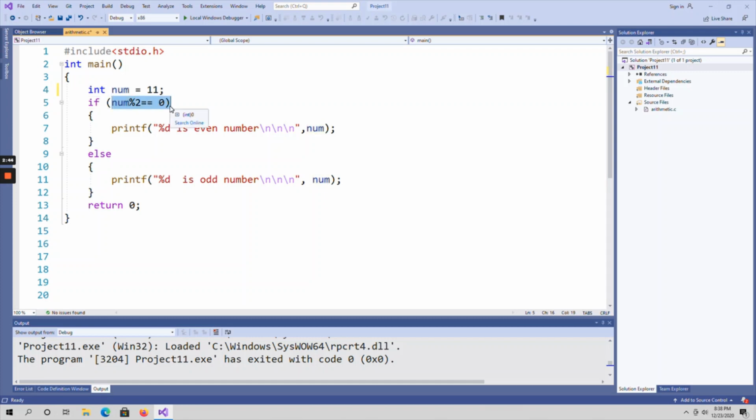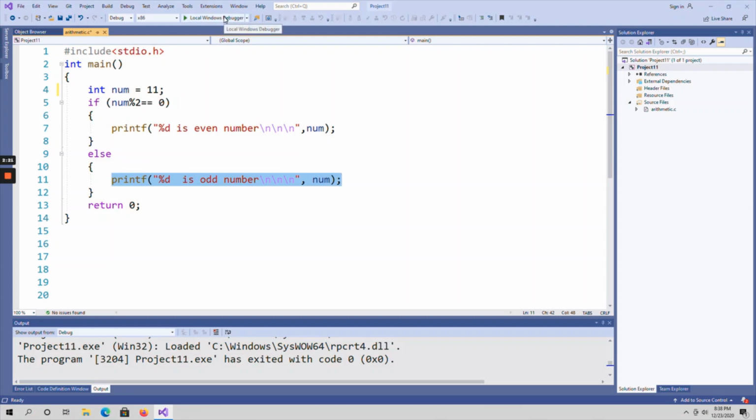Suppose the if block condition gets false, then it has to execute the else block statements, right? If this condition is true only, the if block statements will be executed. If the condition is false, what happens? The cursor comes to the else block and it will execute the statements which are written within the else block. So in this case here it has to print 11 is odd number, right?